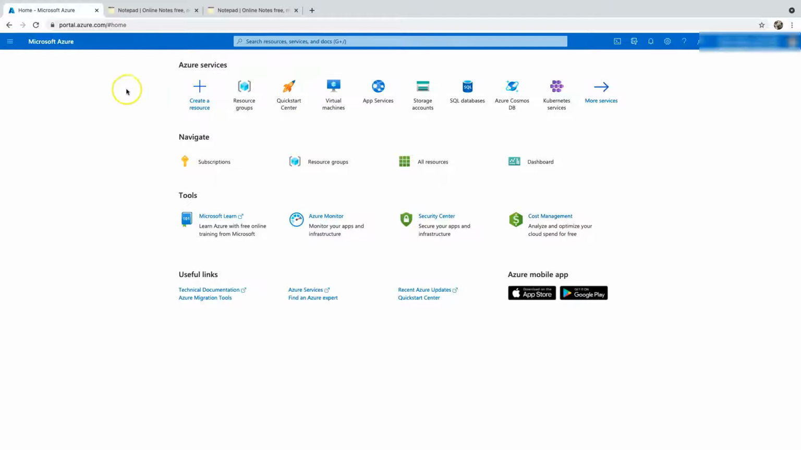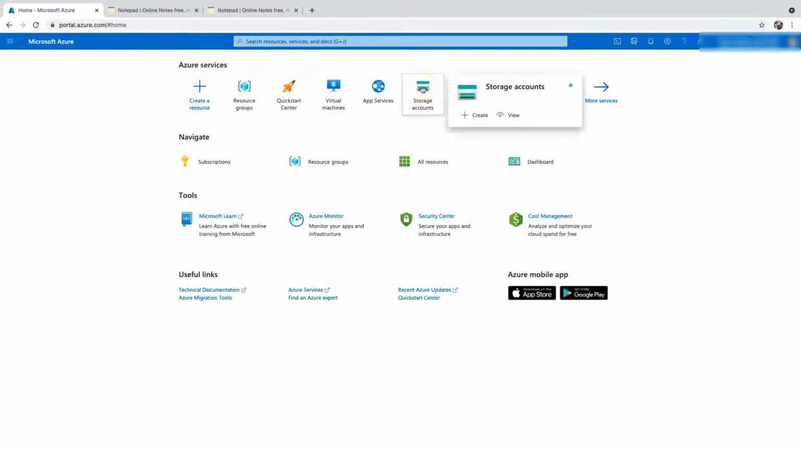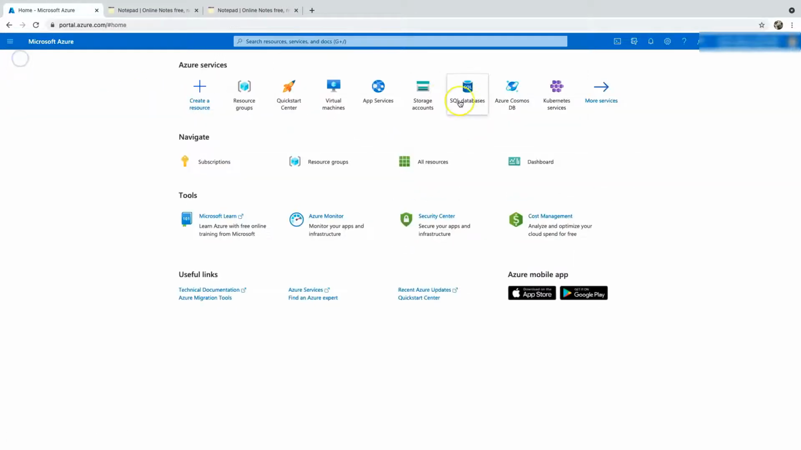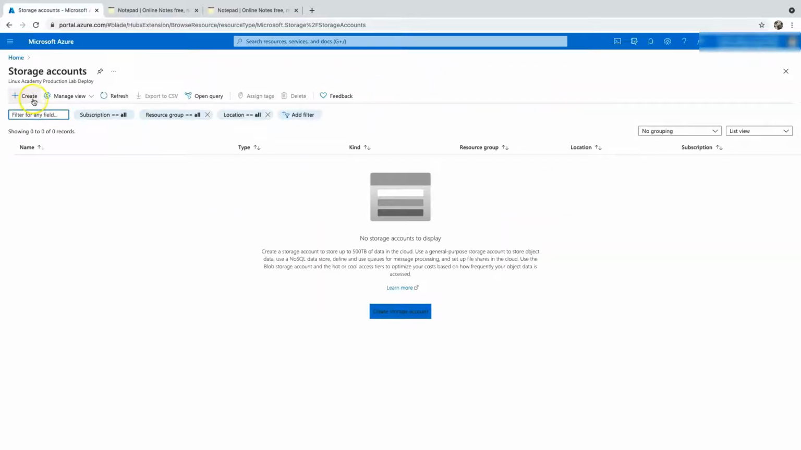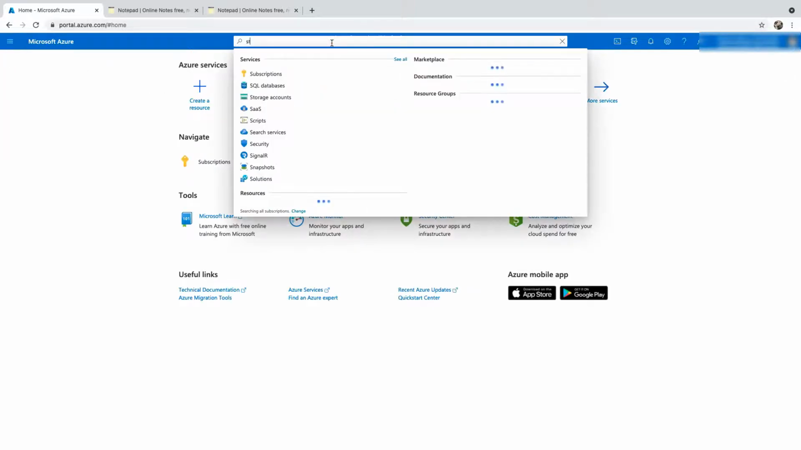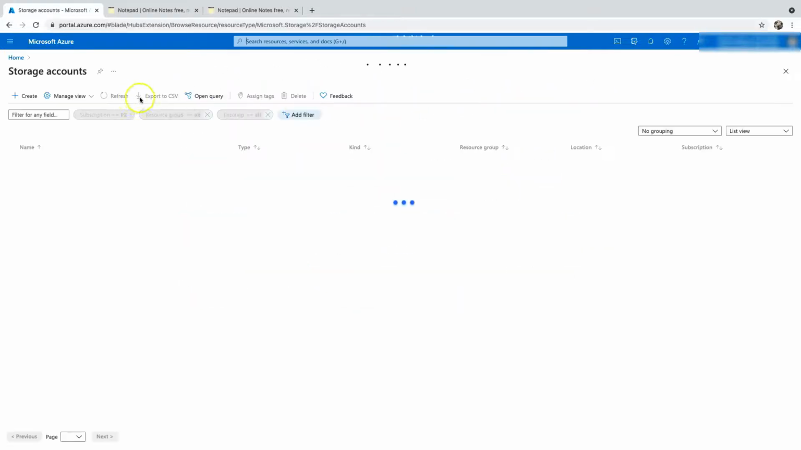So let's go to the Azure portal, and let's create a storage account. Before creating a storage account, you have to make sure where you have your resource group in place. I have my resource group in Central US. Let's go and create a storage account in Central US. So click on the create icon. To get to the storage account, you basically go to the search bar and click storage accounts, and then